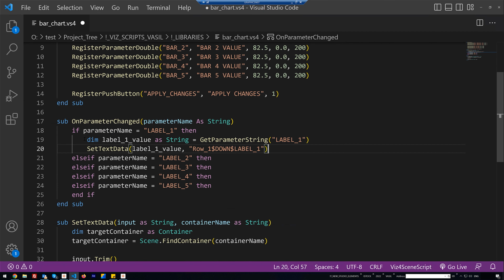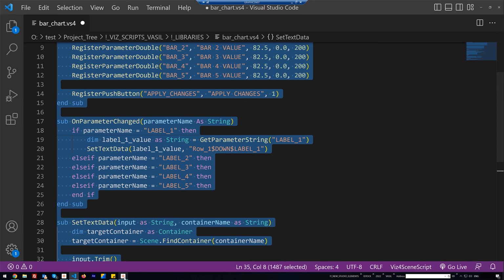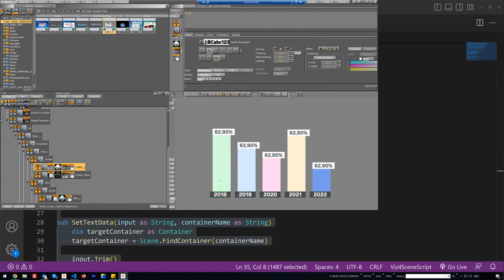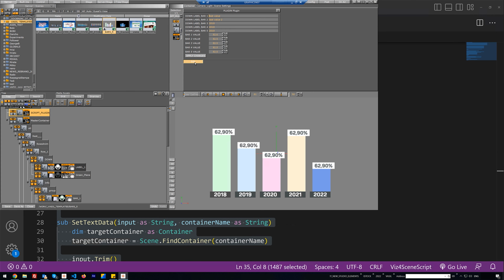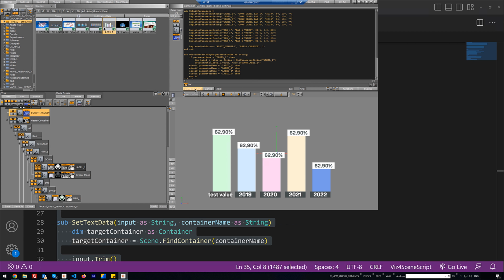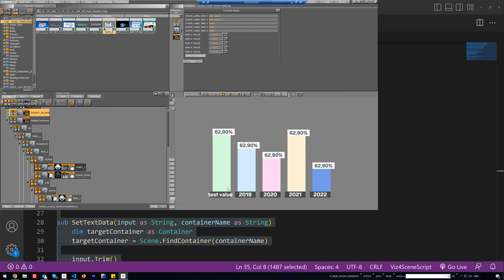Okay, now it must work. Let me try. Copy the script and go to our script plugin, edit, paste here. Okay, you can see after the initialization of the script that this works. And here I can write something other,